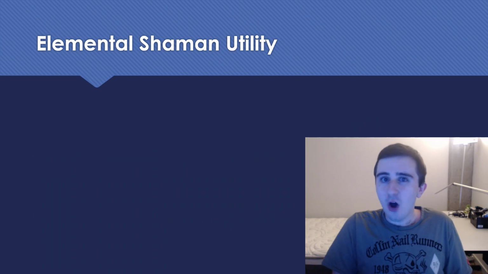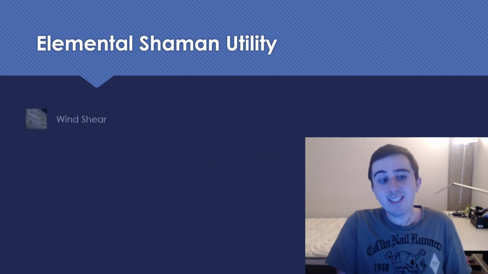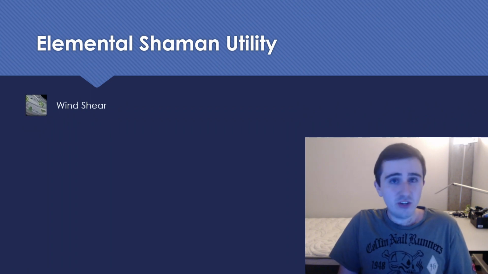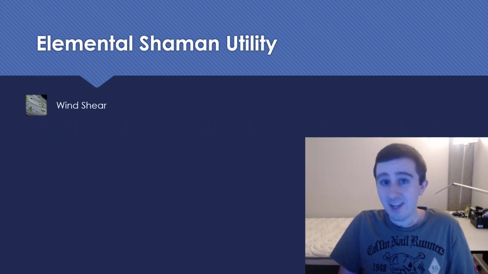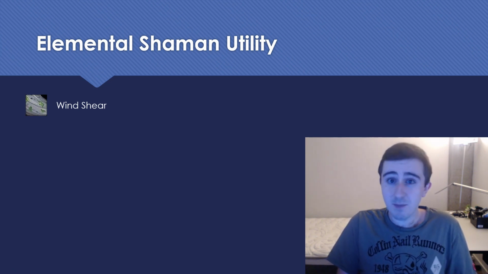Okay, let's talk about all the utility in the Elemental Shaman kit. Chief among their utility, I'd say, is Wind Shear. Now, Wind Shear is a 12-second interrupt that can be cast at range, and it's a unique ability among ranged DPS specs. A 12-second interrupt compared to the 24-second interrupt that the next best ranged spec has is massively better,